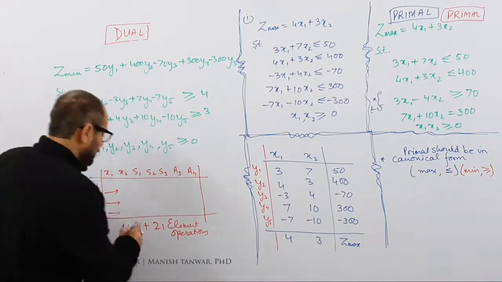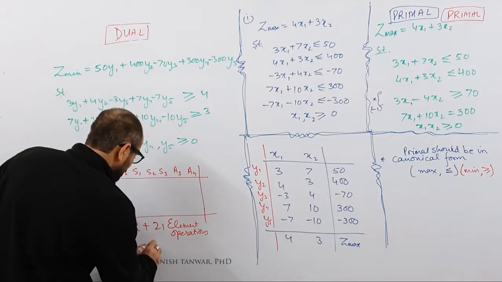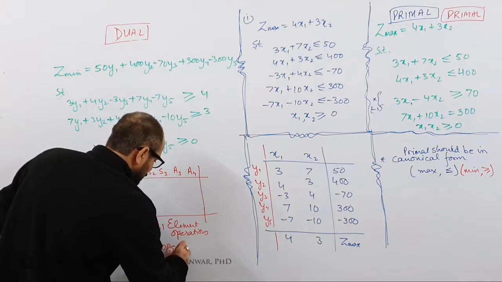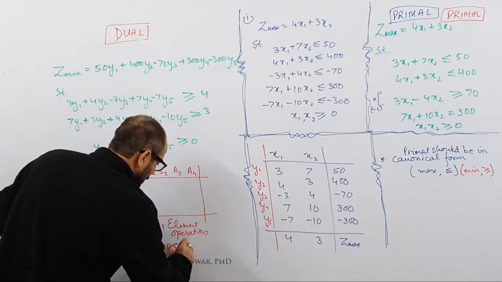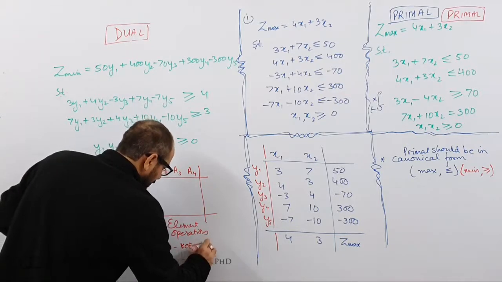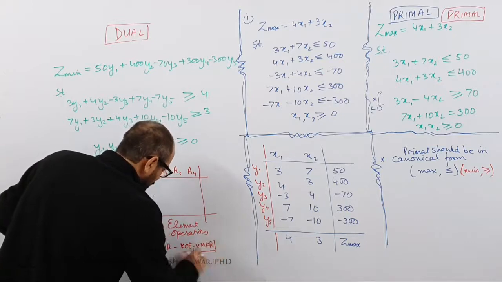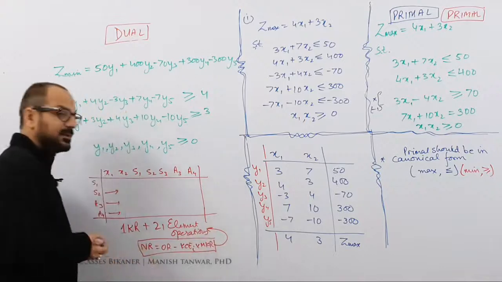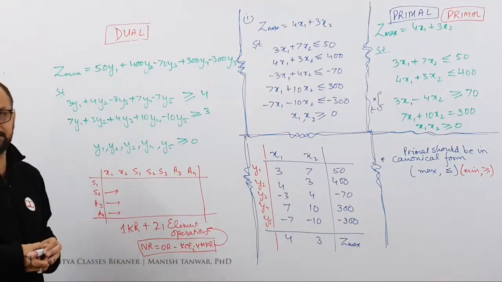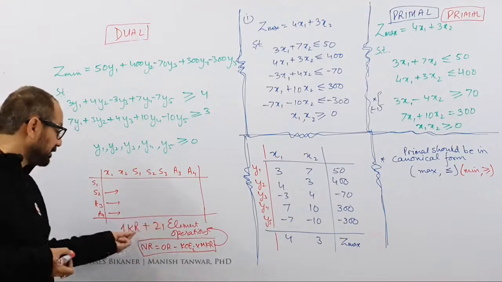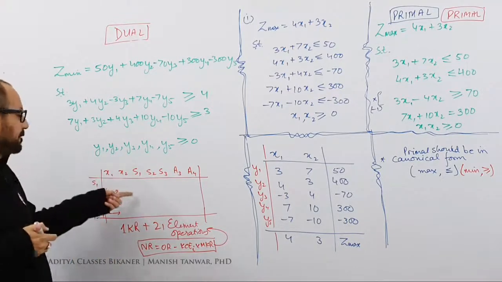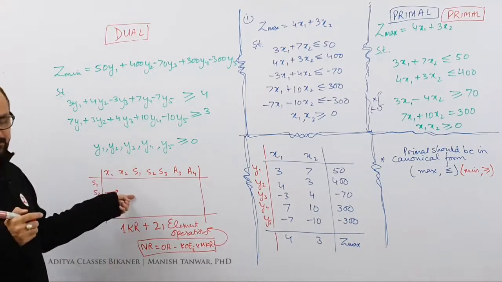What was that formula? That formula was new row is equal to old row multiplied by, minus key column element i multiplied by modified key row. This was an operation and we need 21 such operations each time. So 21 operations and one key row operation would solve one table of simplex.